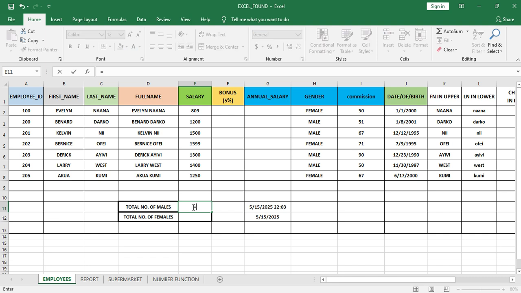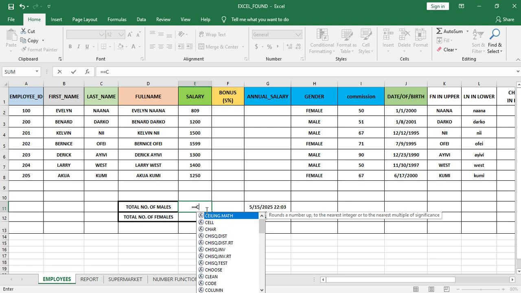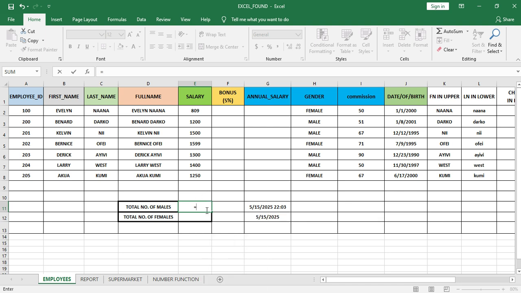So I'll go equal to, let me try to zoom in a bit. Equal to